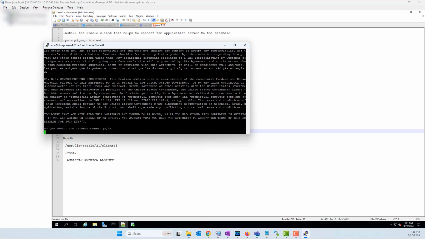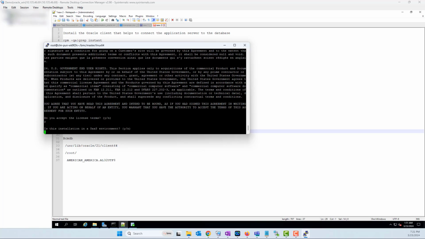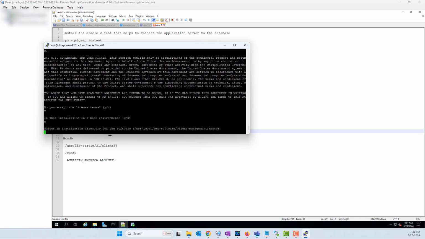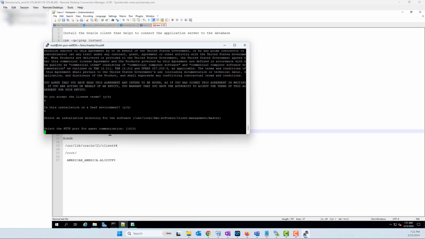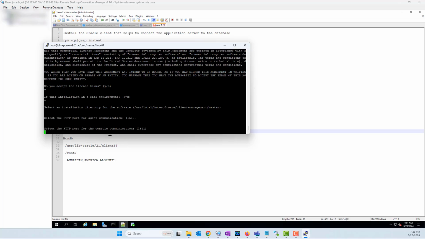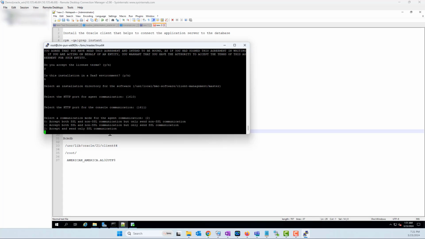And you will get the license agreement terms. Here you have to type yes and hit enter. It is going to ask you, is this installation in SaaS environment, which will be no. It is going to pick the default location, hit enter, HTTP port 1610, enter, 1611 for communication, yes. Here you have to select the,